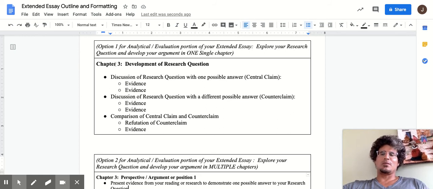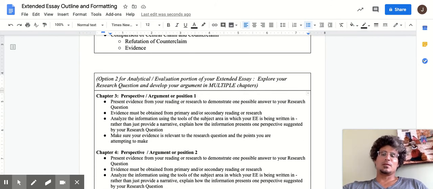Obviously, Chapter 3, if you use option 1, is going to be a much longer chapter. That's fine. But maybe there's a simplicity about this that you like. Maybe those of you who really like to be told what to do and like something hyper-organized, maybe that's what you want to stick with option 2. Okay? I know this all looks pretty cookie cutter,